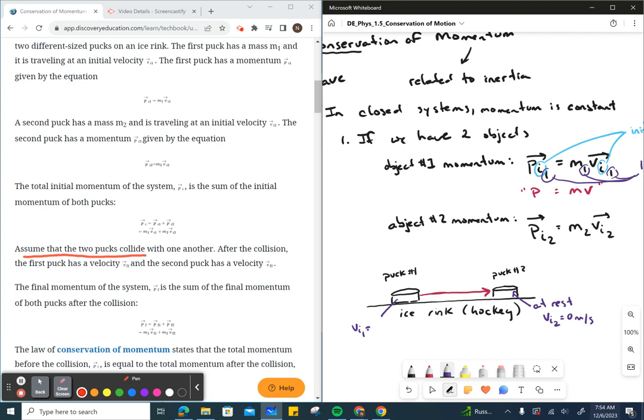But diagrams are always helpful, okay? So, kind of moving through here. After the collision, so I'm looking here at this paragraph, the first puck has a velocity final, and the second puck has a velocity final, right? So once there's a collision, puck number 2 is going to start to move, and puck number 1 may stop in its place, or maybe it'll move something, right? So let's go ahead and